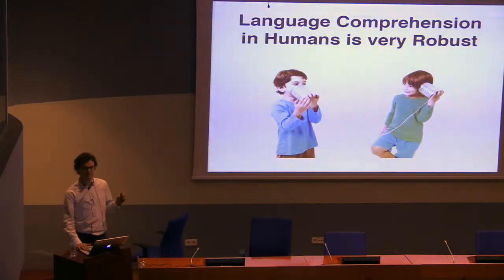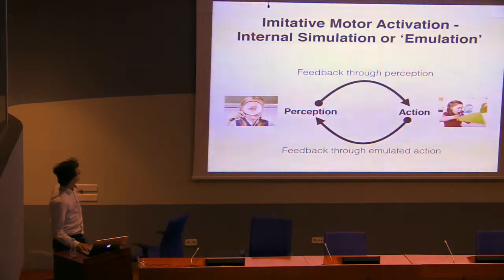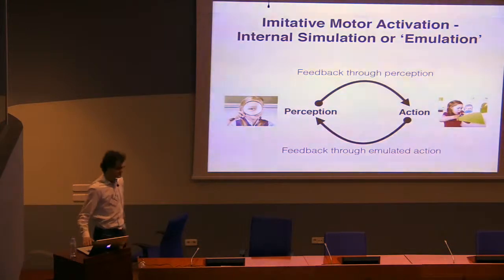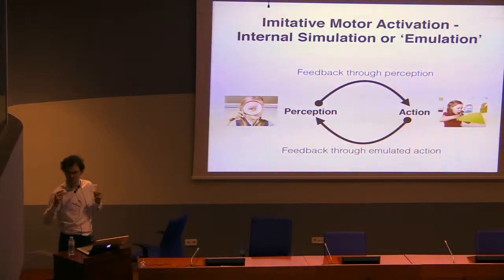In order to unveil these mechanisms for human comprehension, we'll first have a look at how it works in a more basic form of perception, which is vision. In vision it is quite clear that when a human is trying to perform an action like picking up something, he is adjusting his movement based on feedback from his sensory motor system, from his vision system. This is quite clear. But the opposite has also been shown in recent literature.